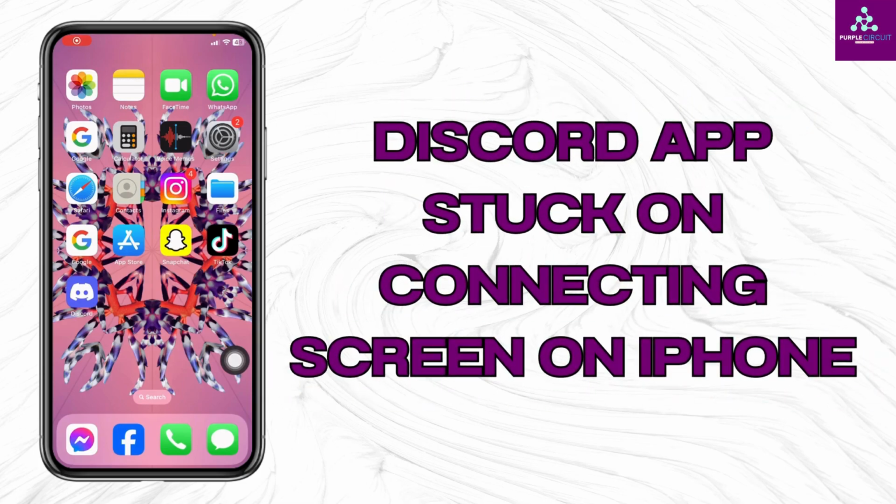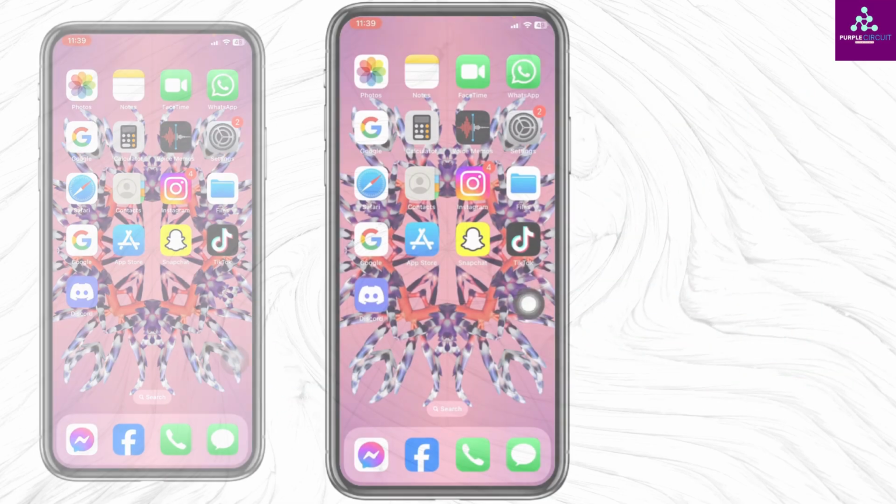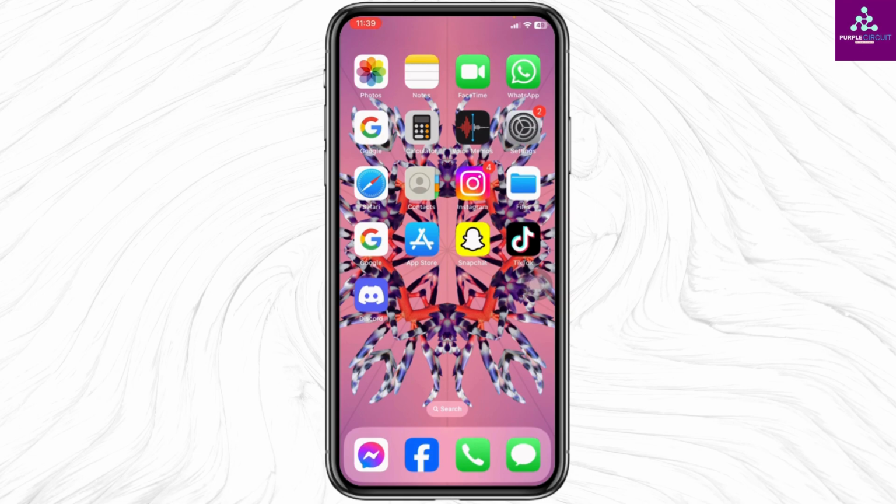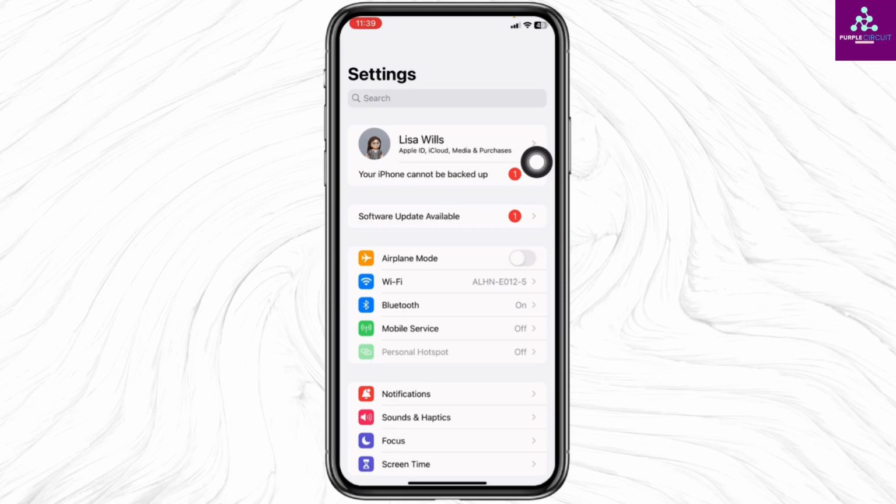How to fix Discord app stuck on connecting screen on iPhone. Let's get started. The very first thing you want to do is switch your network. For that, open your settings. If you are using the Wi-Fi, switch to cellular data, and in the case you are using cellular data, switch